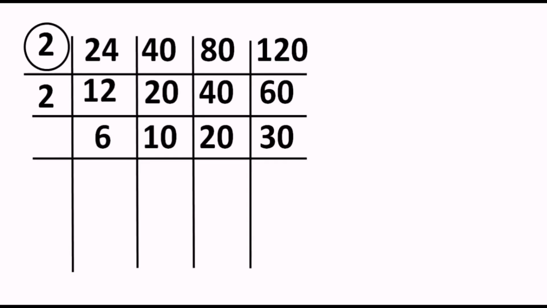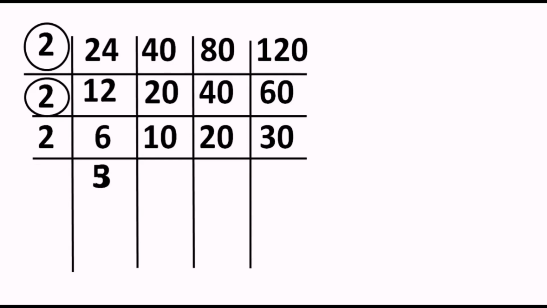Again we can divide it by 2, right? Because all are even numbers, and moreover the second 2 in the extreme left hand side has divided all 4 numbers. So again encircle it without fail. That is the most important part for your calculation. After that again we are going to utilize 2, and this time again 2 will divide all these 4. So again at the end of solving we will be encircling it, keep it in mind.